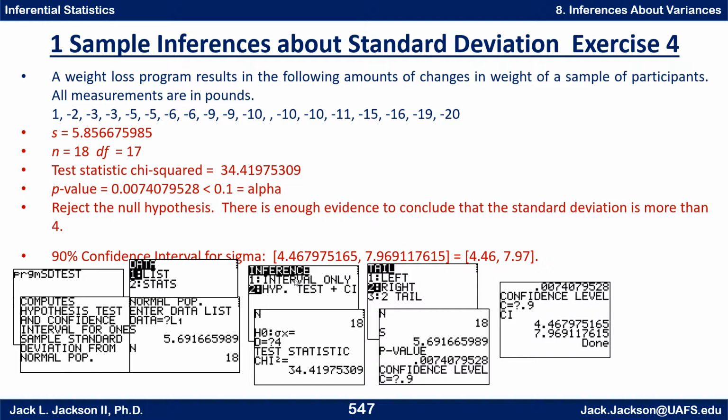And then you have a choice between only an interval and a hypothesis test and a confidence interval. In this case, we want to do number 2. So the null hypothesis then is that sigma of x equals, well, you have to give it a value, which it stores as D, but it's 4. And then it returns the chi-square test statistic. And then you have a choice of doing a left, right, or two-tailed. We said we want to see if it's more than, so we want a right-tailed, so we do number 2. At that point, you can either just type in 2 or move your cursor down and hit enter. And then it's going to return a p-value,